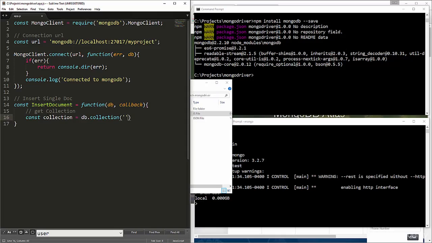Okay, the collection name is going to be users. Now, like I said, we don't have to go and create this beforehand. It'll actually do that for us. Alright, so next thing, we're going to